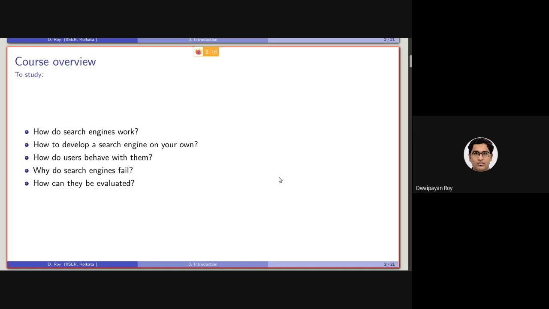Then how can we formally evaluate the performance, and how can we quantify the performance of those two search engines, based on which we can decide which one is better? This is called search engine evaluation, and we will be discussing it as well.